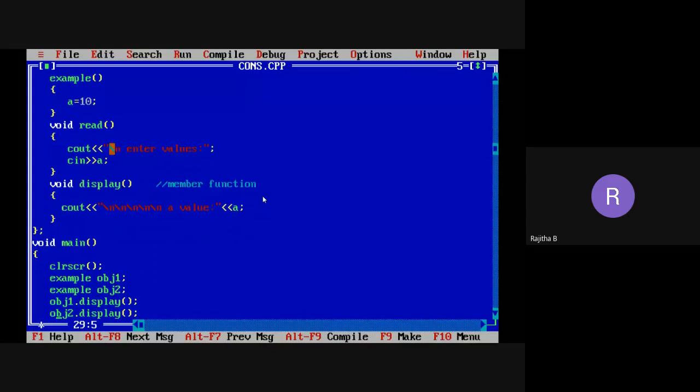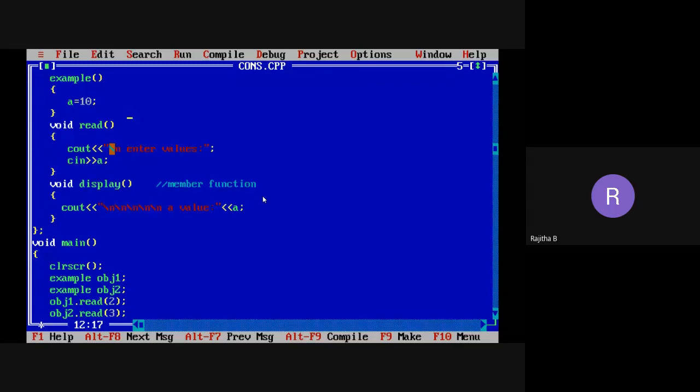Now see here, I'm creating the two objects. I want to call the read function now. So obj1 dot read, or else I want to pass the parameter here to obj2 dot read.